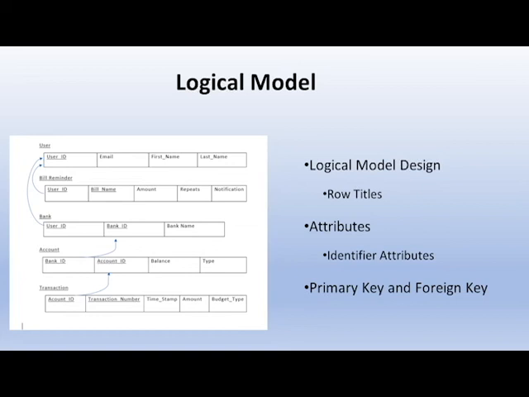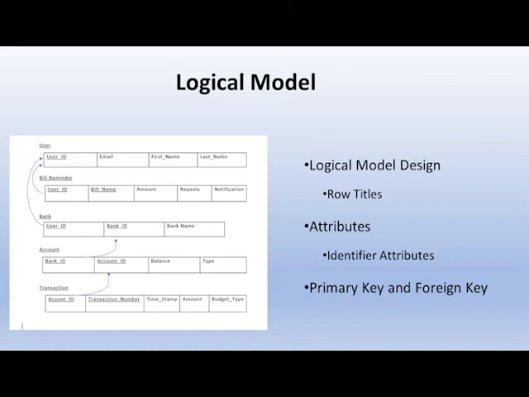Bank, we had only 3: user ID, bank ID, and bank name. Account, we had 4: bank ID, account ID, balance, and type. And finally, transaction, we had 5 different attributes in there: account ID, transaction number, timestamp, amount, and budget type. From there, we decided what would be our identifier attributes for each row and what would be our